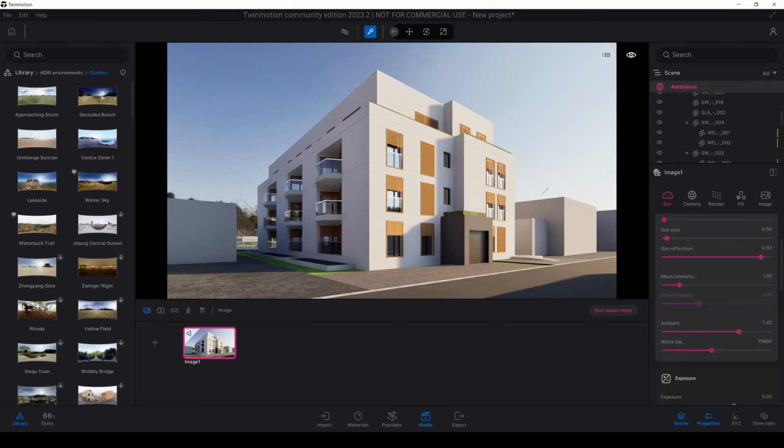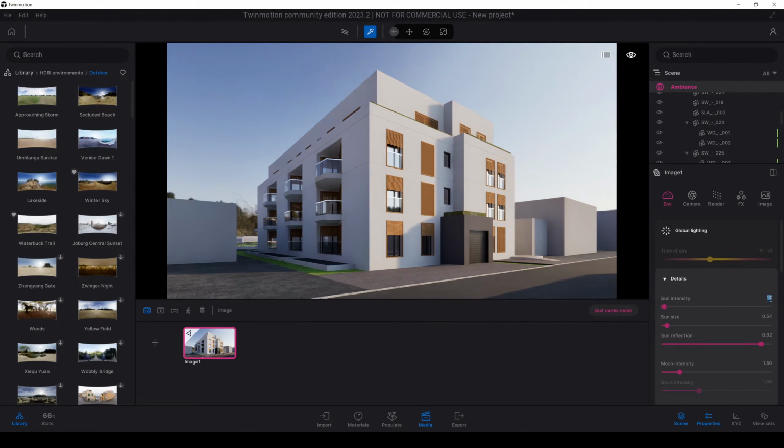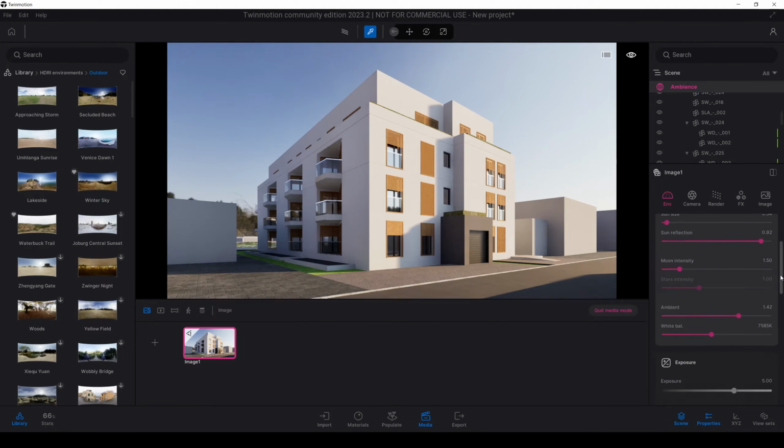Now as you can realize, our sun is very bright. We have two options to reduce it. We can reduce the sun intensity, it's 25. Let's try inputting 10 here. Not too bad, this is a very nice scene. Or let's leave it at 25 and go to the local exposure, and increase this highlight reduction. You can do both. But I suggest creating some contrast, so I'm not going to increase the shadow boost for this scene. I'll only make it 0.7 and reduce the sun intensity to 20 maybe.